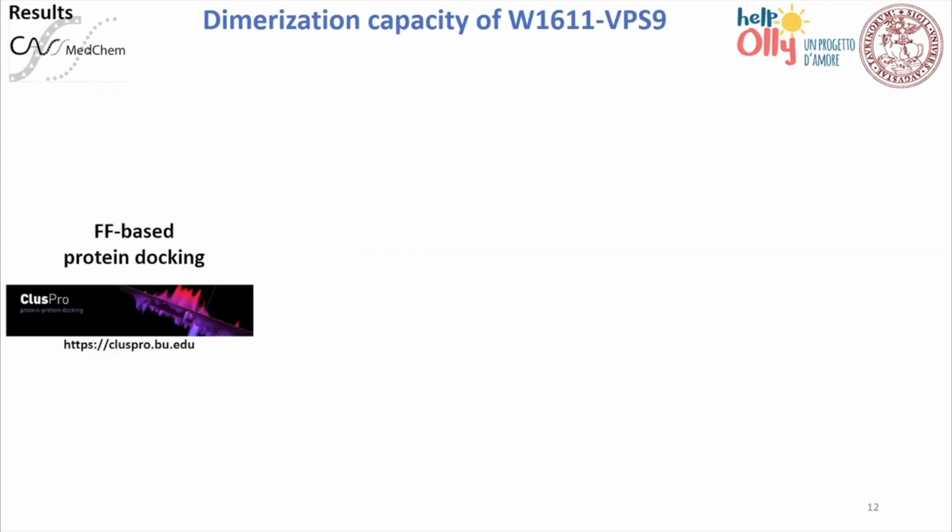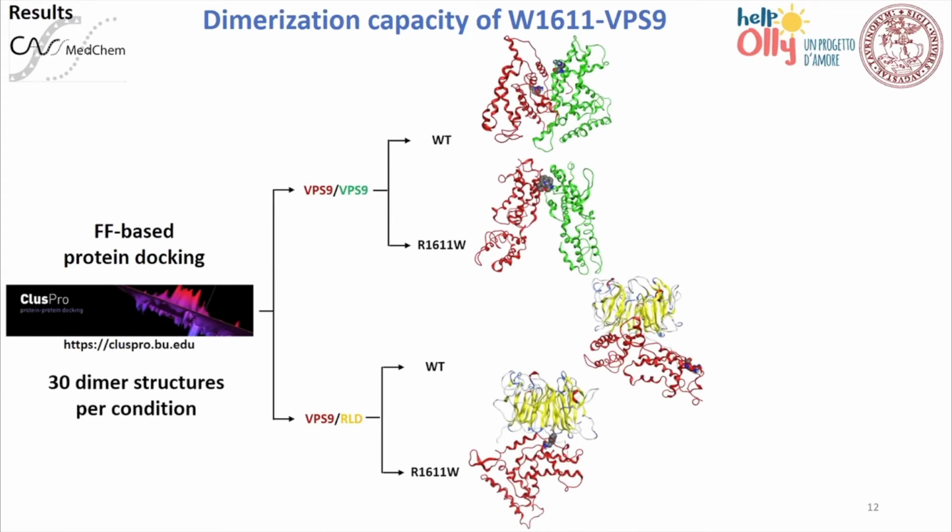Since we know from literature that VPS9 domains dimerize and that Alsin dimerizes anyway, we decided to test and predict the dimer structures when trying to dimerize two VPS9 domains, respectively wild type and mutated, and the VPS9 domain, here again, wild type and mutated, with an RLD domain. This consideration is based on some experimental in vitro experiments that show also that the RLD domain is kind of a sticky domain and there's some preponderance to binding other domains, at least in vitro.